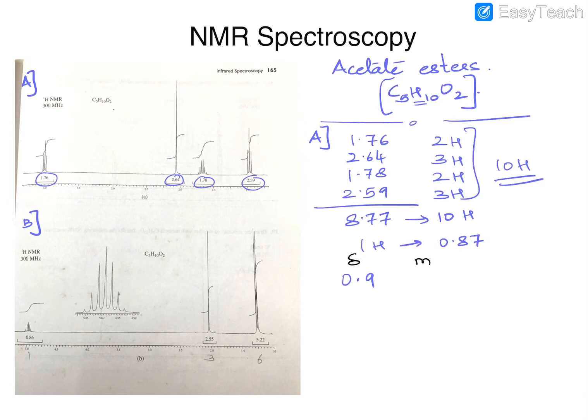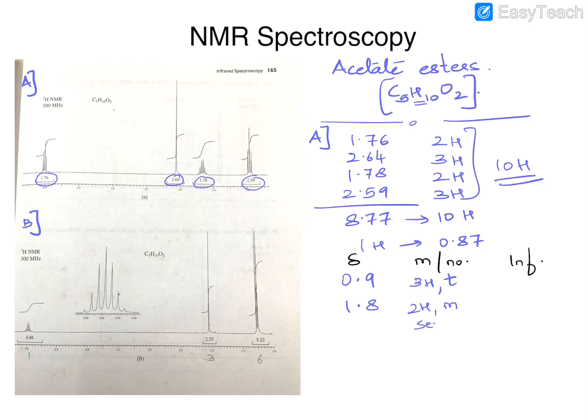You have the multiplicity and the number of protons, and what is our inference from that. So there is a peak appearing at about 0.9 ppm, and that peak is the one that has 2.59 as the peak integration, therefore it is a 3H and the multiplicity looks like a triplet. Likewise, at about 1.8 delta ppm, you have a 2H multiplet, and because it's a high resolution NMR, it's